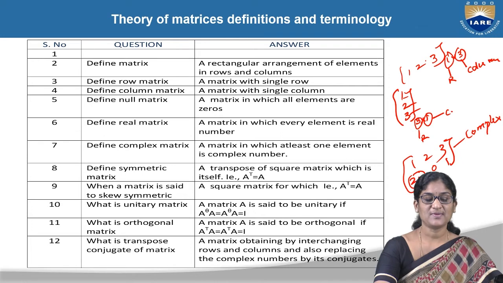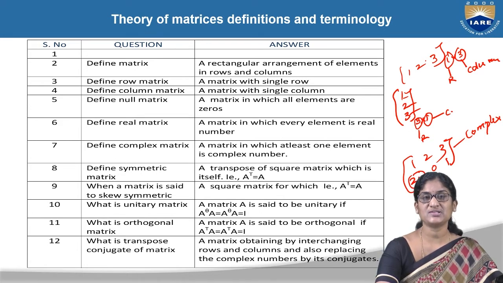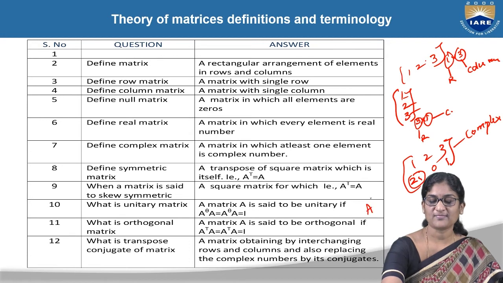Next, what defines a symmetric matrix? A square matrix whose transpose is itself, that is, A transpose is equal to A. Transpose means interchanging rows and columns. What is a unitary matrix? A matrix A is said to be unitary if A^θ into A is equal to A into A^θ is equal to I, where A^θ is nothing but the conjugate transpose